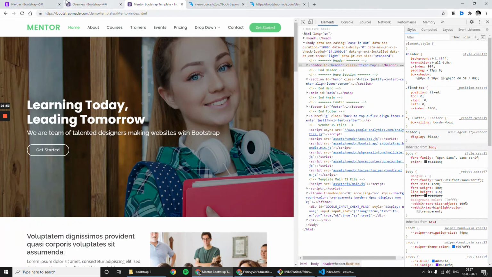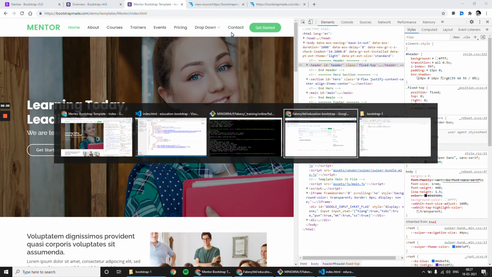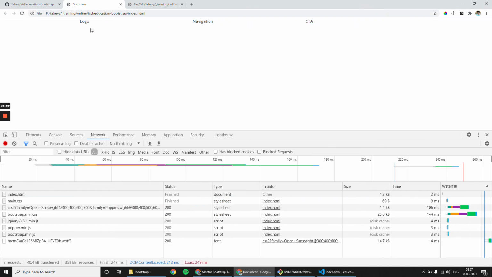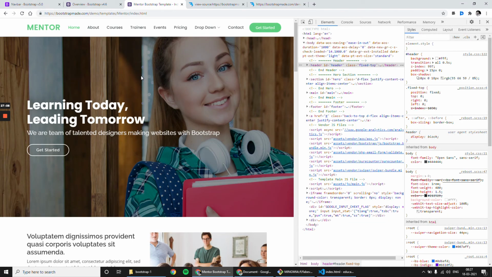Let me open my page. See, now we got it. Logo, navigation, and CTA.